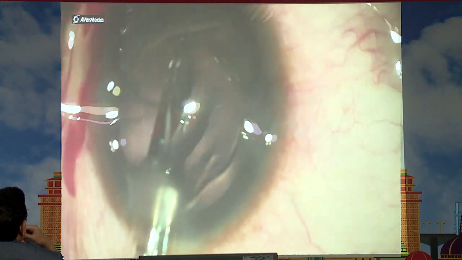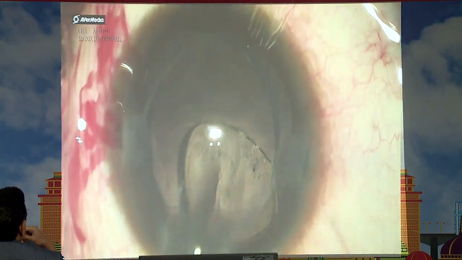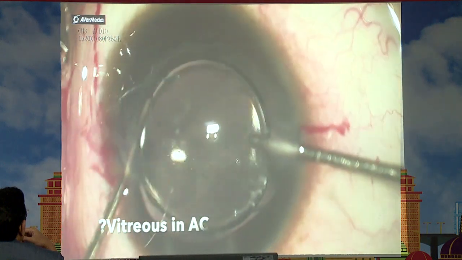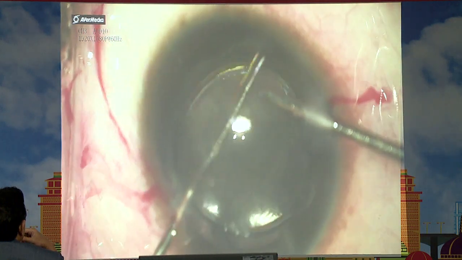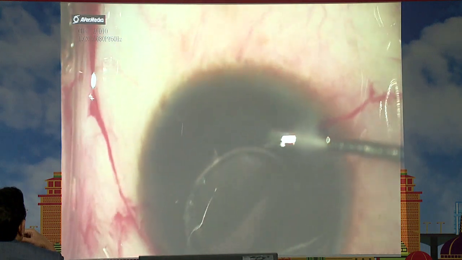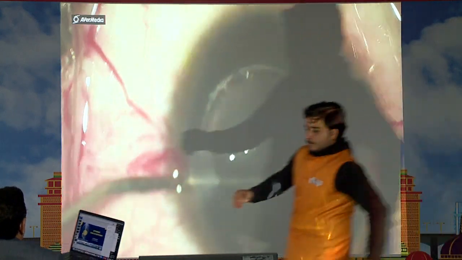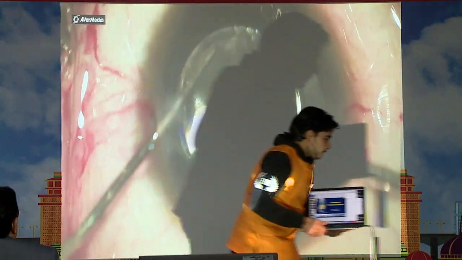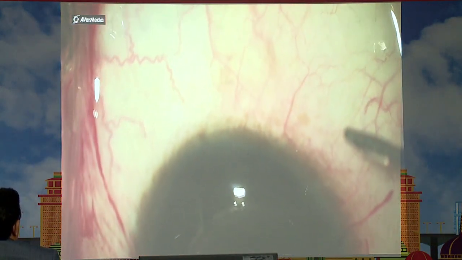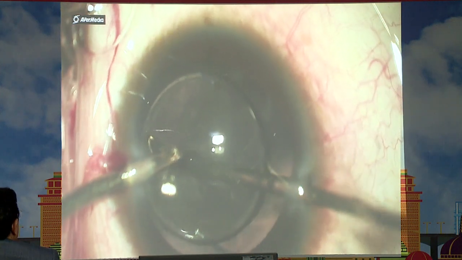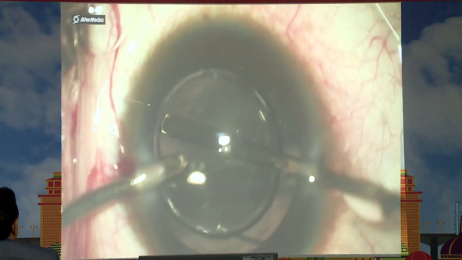And then, not realizing the mistake, the IOL is being implanted, and when you dial, it is not going. All this should be avoided, because this will lead to vitreous traction, and further posterior segment complications can happen. So this is the lesson learned: never decompress suddenly. And after realization, I went with the cutter and removed the vitreous from the bag,